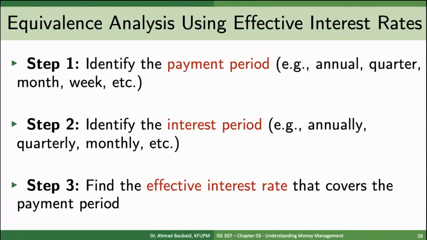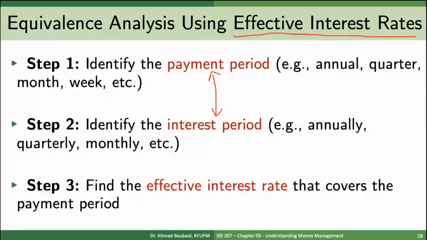Right, so here's kind of where we stopped, or what we went over in the last lecture. We looked at what the effective interest rates are for a given time period, and then we said you can identify the payment period and identify the interest period. Sometimes those are going to be different, and sometimes they're going to be the same. And then you may need to do some conversion in order to make these two match. Okay? And then after that, you can carry on with your calculations the way we did in chapter 2